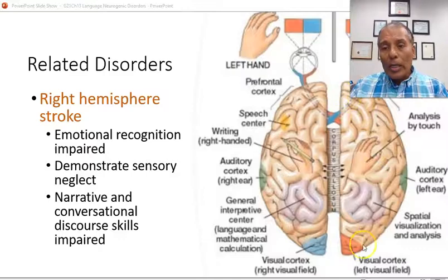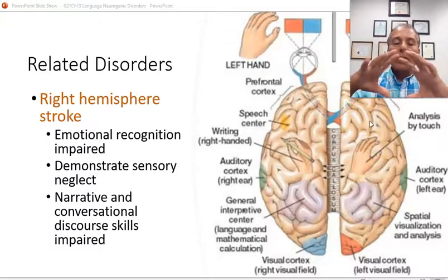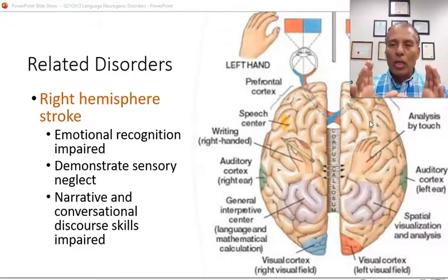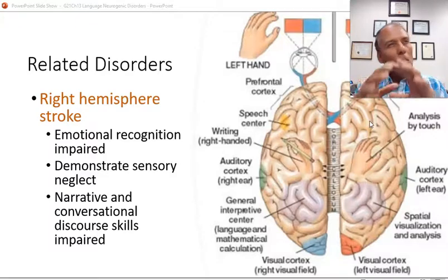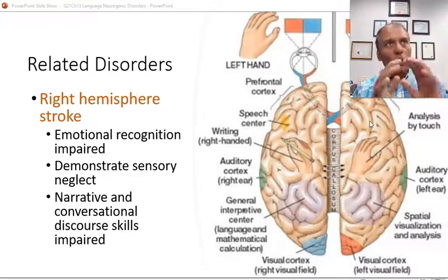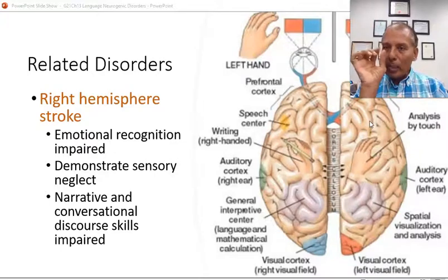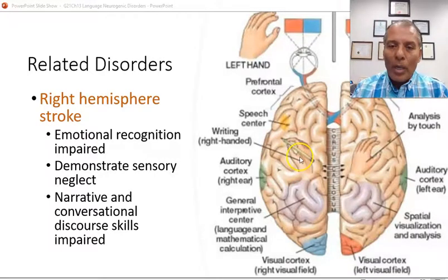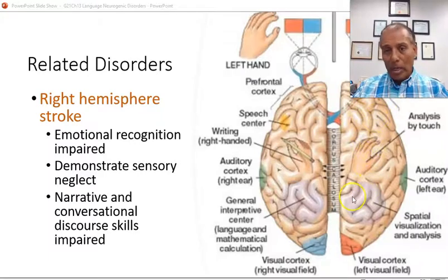And also it is concerned with the processing of things in a holistic manner, like listening to a story. This is the area that gives you, this whole story is about this. The wisdom or the lesson from this story is that. The theme of this story. So you process things as a whole. You look at a picture, you see it as one thing, not like little pixels, scattered. Our conversational processing, our context, all are processed by the right hemisphere.